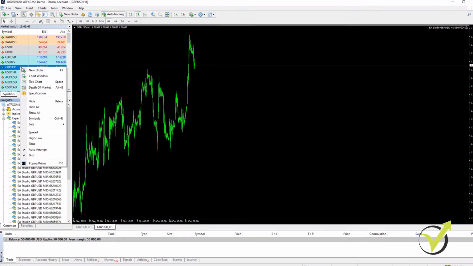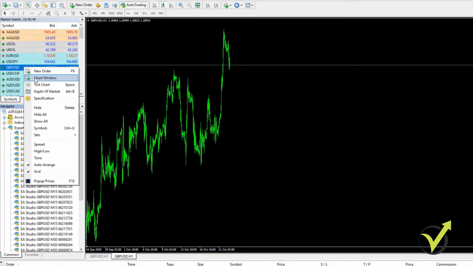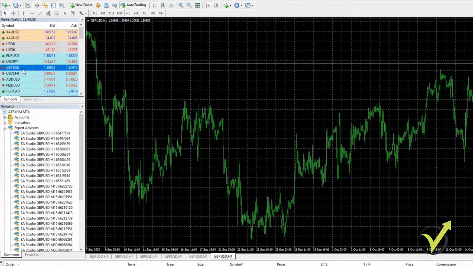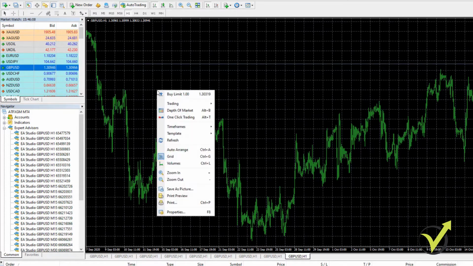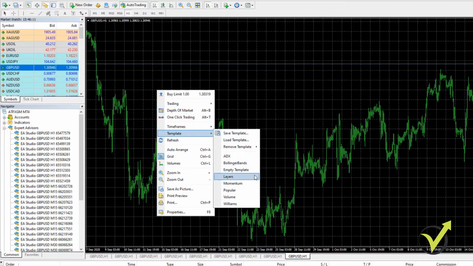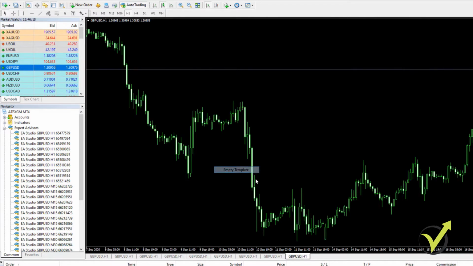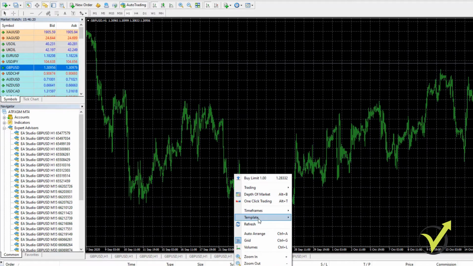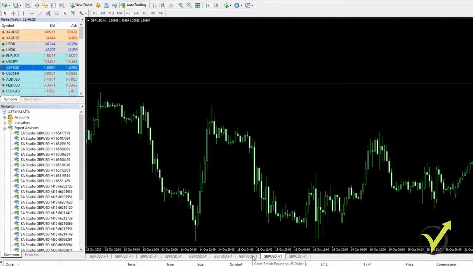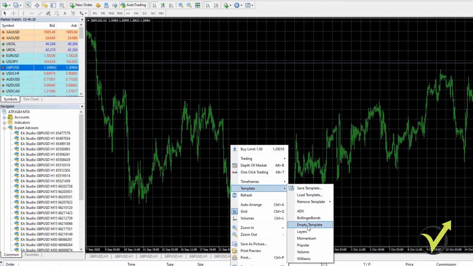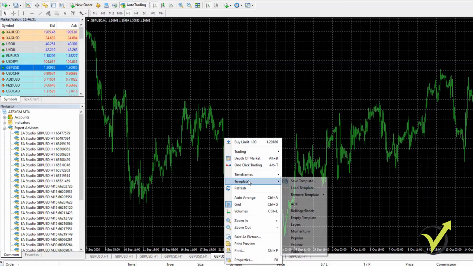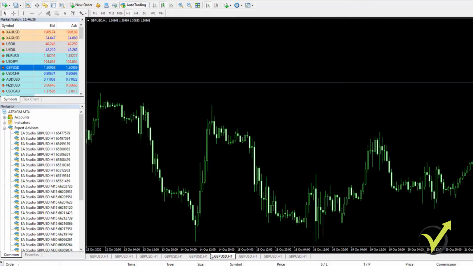So I will open 8 more charts for the pound dollar, and then I will attach the expert advisors on the charts. As I have already said, you don't need to put any indicators over the charts, but you can leave it with template. I usually keep it with empty template as I have shown. So I go quickly through them and I select empty template, which is quite fast by the way. Just a few clicks over the chart.